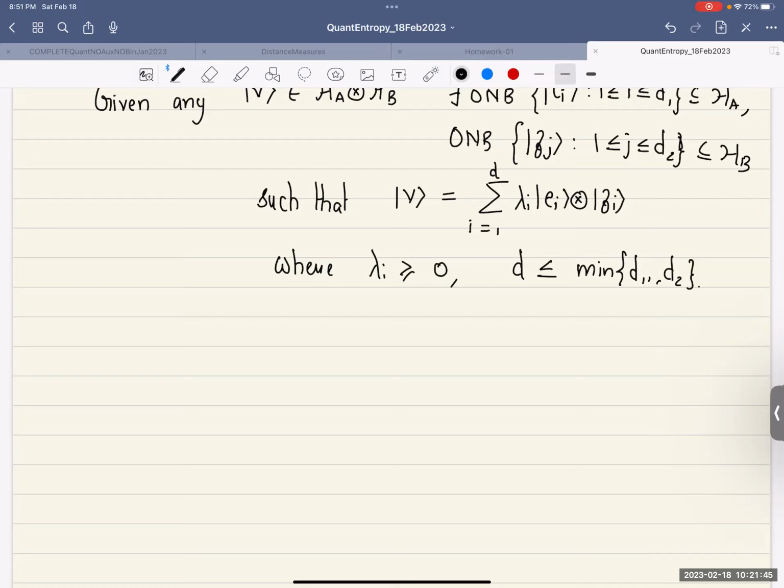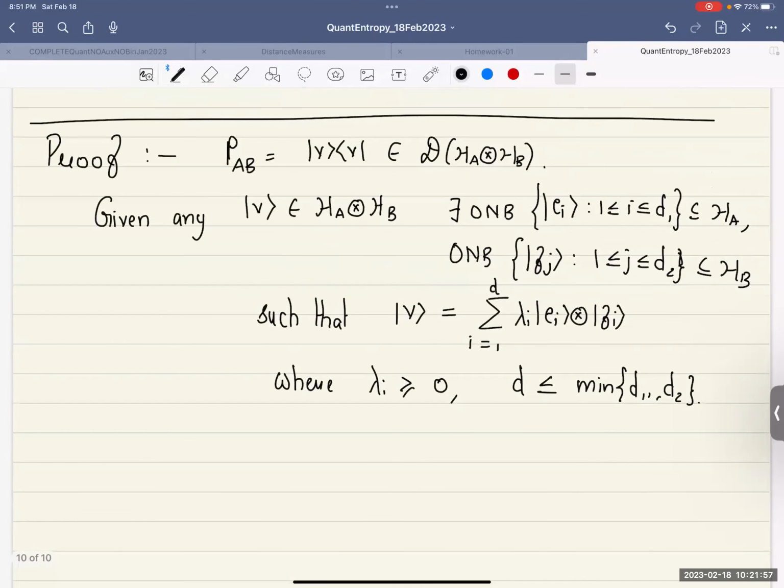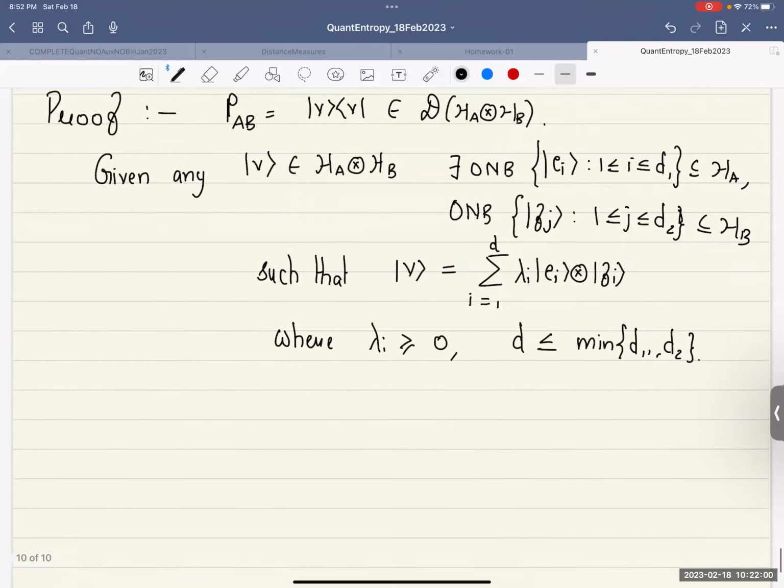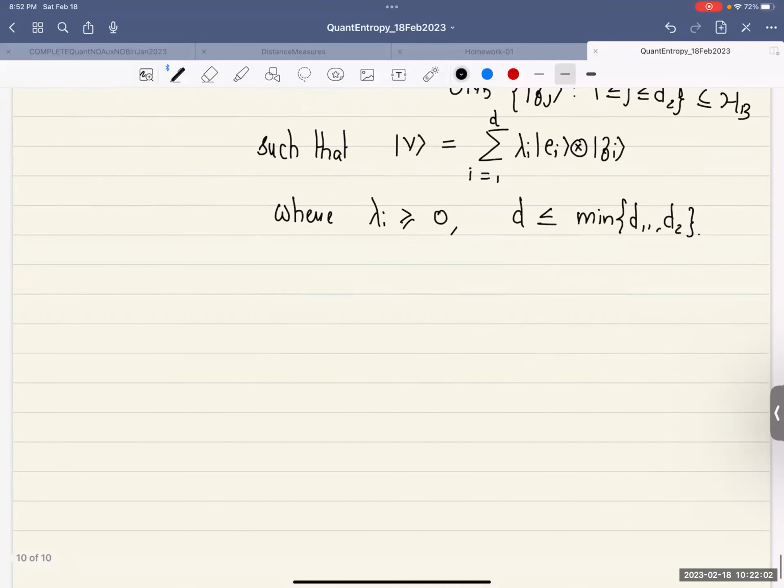Correct? This is the Schmidt decomposition. So I can write it as something sitting in the middle, right? I can do this for any vector V. The choice of the e_i's and the f_i's depends on the V and the lambda_i's. You did this in the homework. So what is the vector? What is the rank one operator? The rank one operator is essentially sum over ij lambda_i lambda_j e_i e_j tensor f_i f_j,